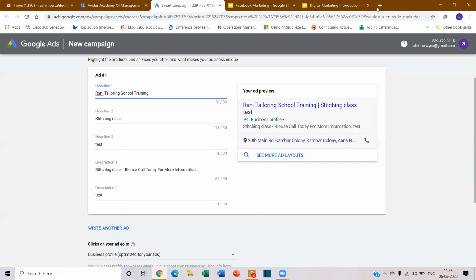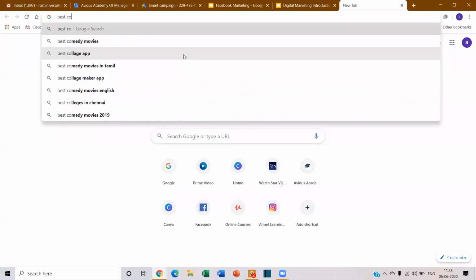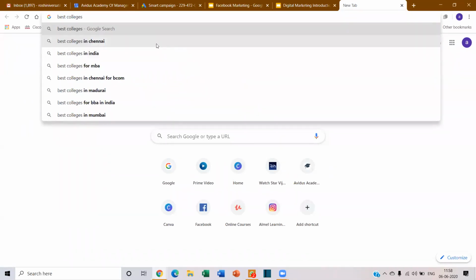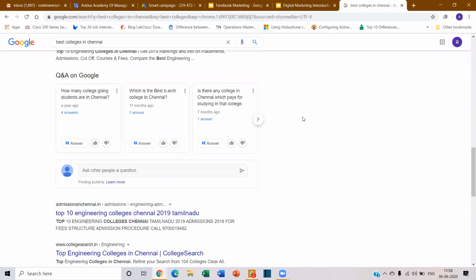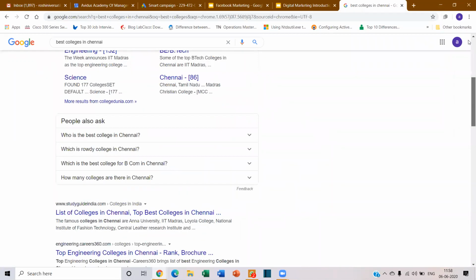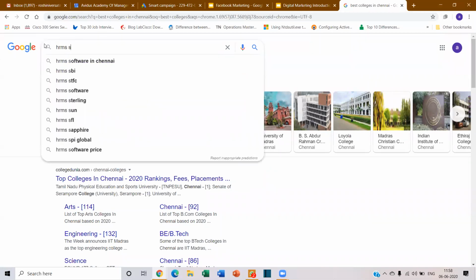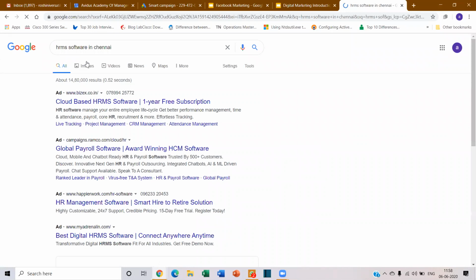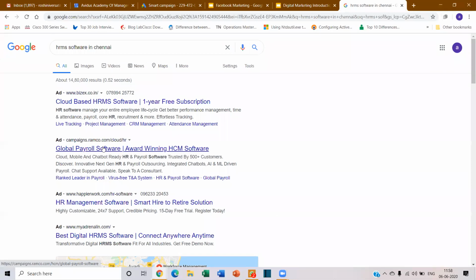When you're searching for some business, see here, you're able to see this. These are the ads. When you put a Google ad, this is how it will appear.